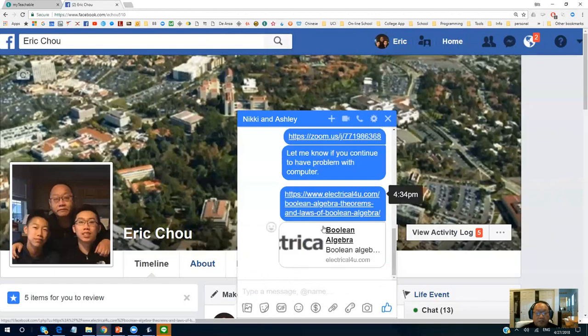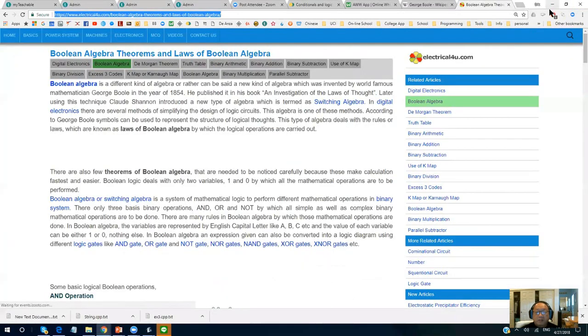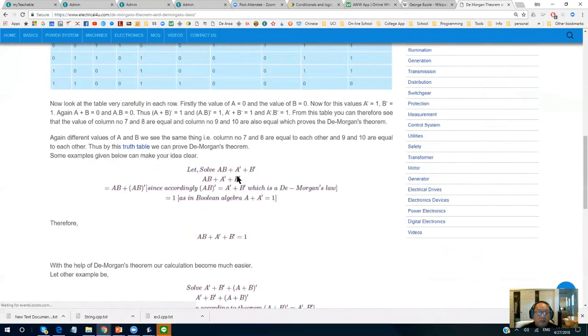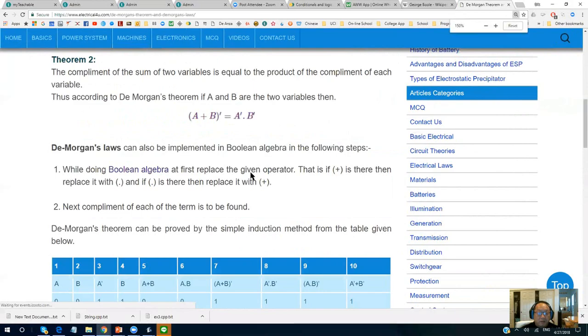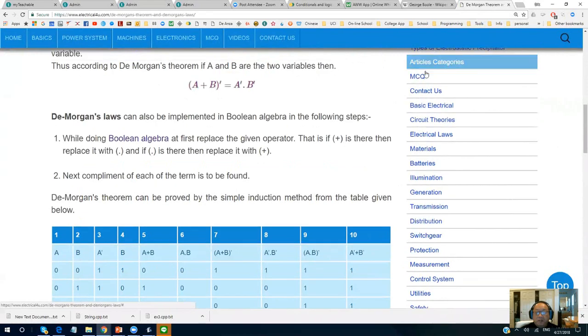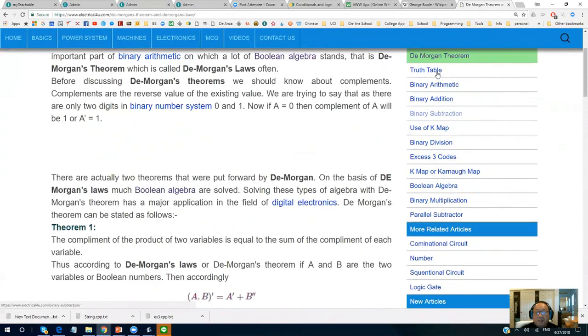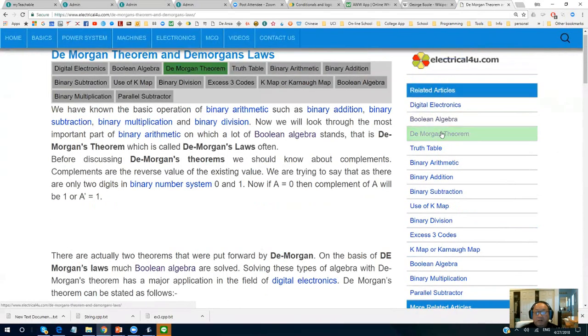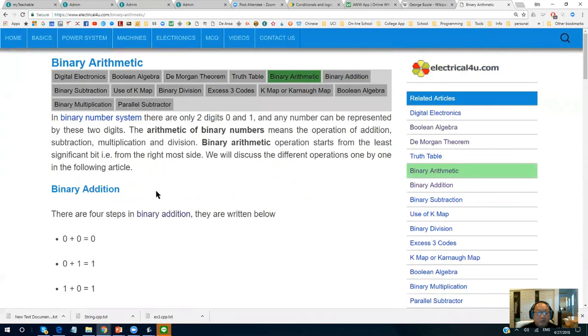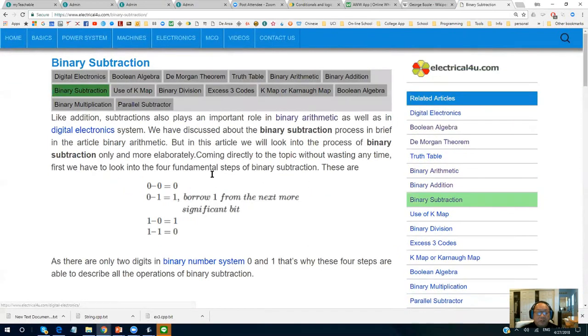Today I don't want to spend too much time on this because that would dig deeper. Here it has the De Morgan rule that we are going to talk about later. It's not needed in the AP, and right now I'm not going to cover it. There's also binary addition, binary arithmetic, binary subtraction.